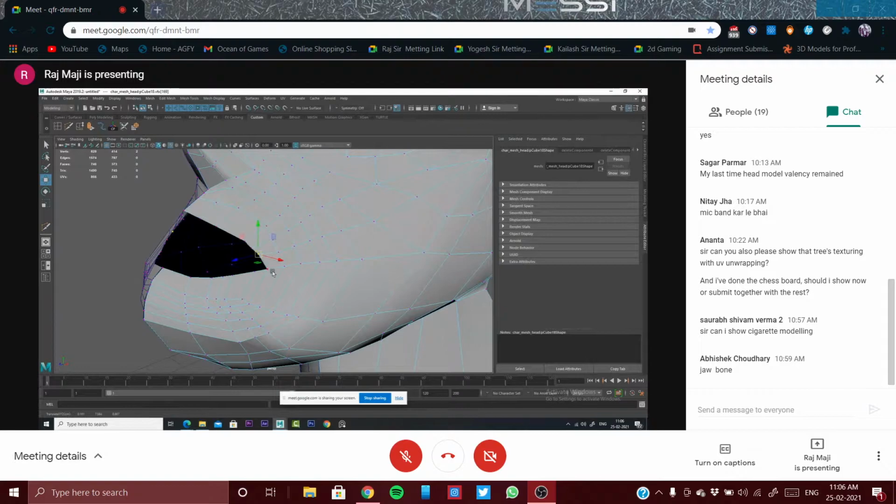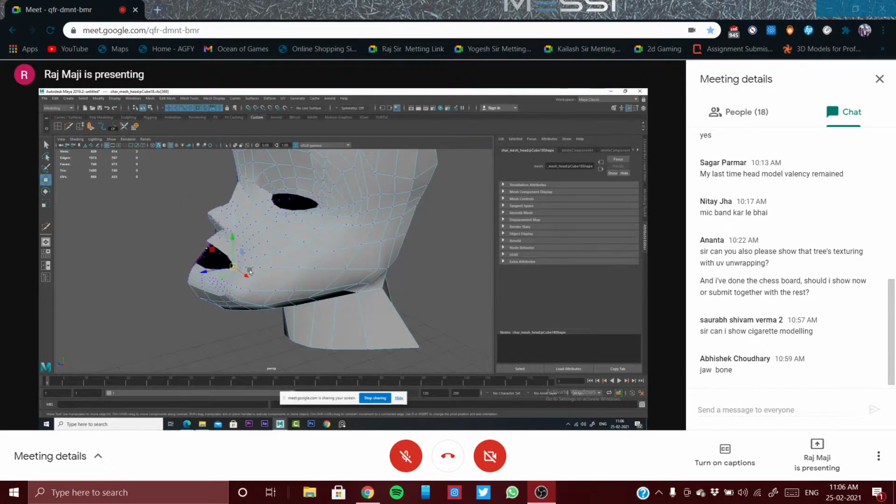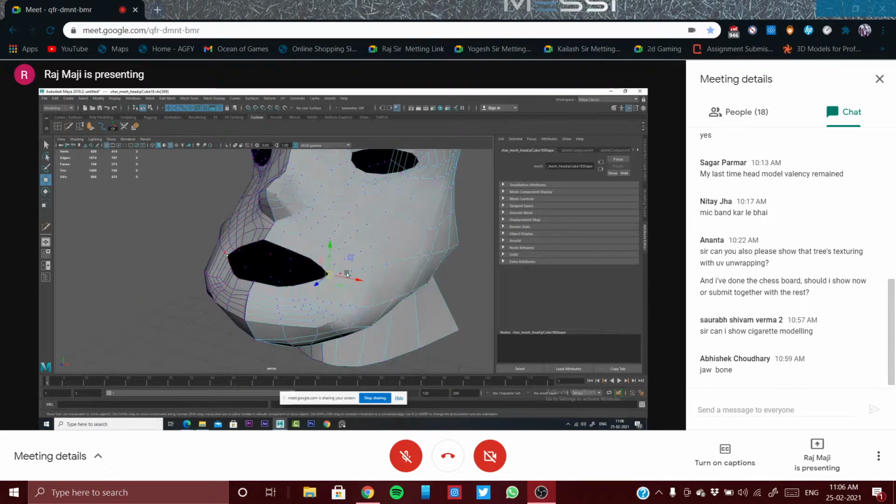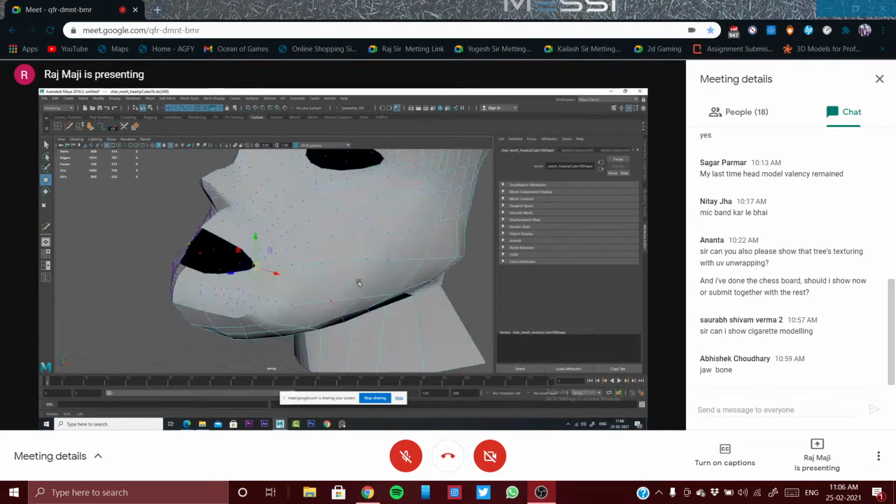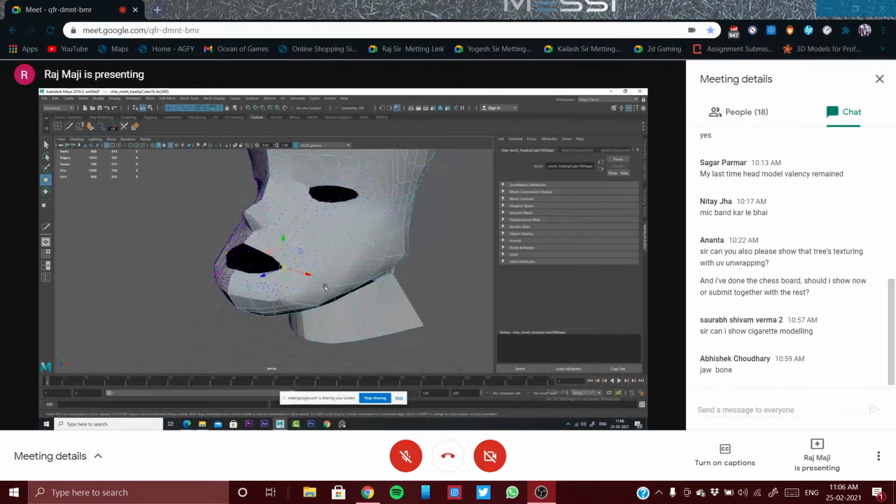Yes, sir, target window. Yeah. So make sure the corner of the lip should be connected with this, not with this. Right now your lips is connected either with this or with this, not with this. So this is going towards the lower lip. No, this loop, the side loop, should be the middle of the lips. Understood? Middle of the lips in the sense.